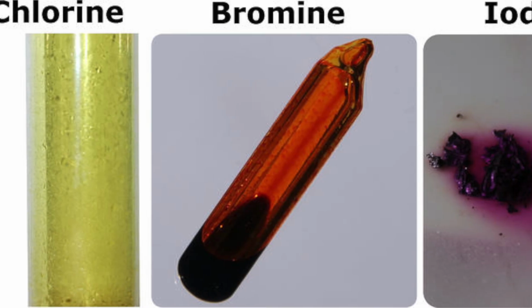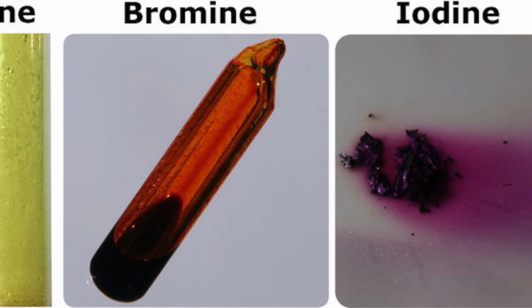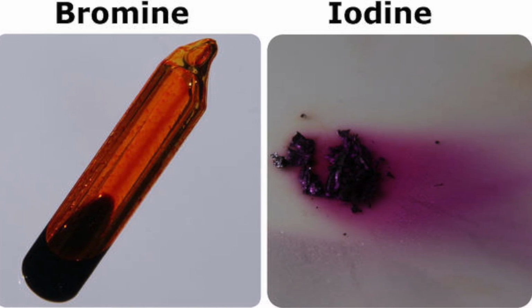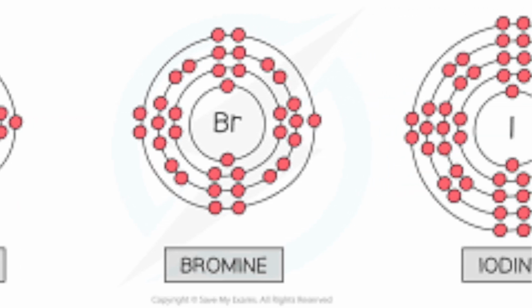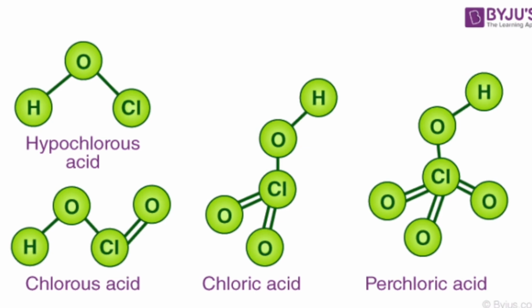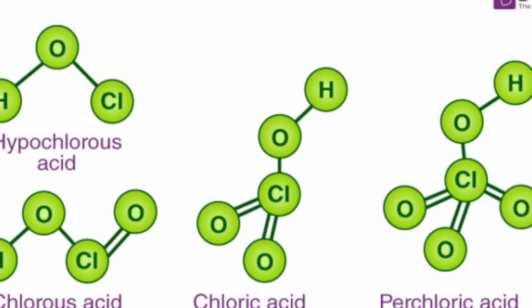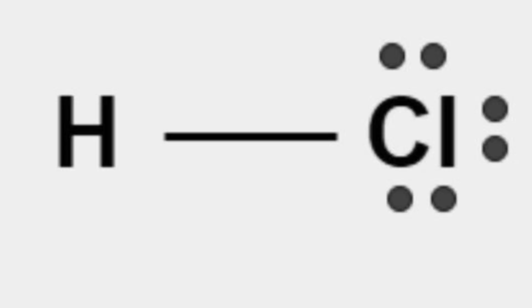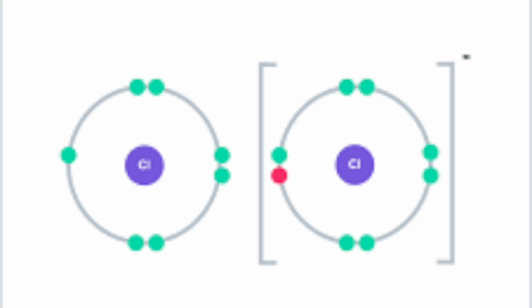Group 7 halogens are smelly and poisonous. All of the elements are non-metals and each has 7 electrons in their outer shell. They form diatomic molecules and produce compounds known as halides. Each element reacts with hydrogen to form strong acids like HCl, hydrochloric acid, and HBr, hydrobromic acid. During reactions, they form negative ions which have a single charge.